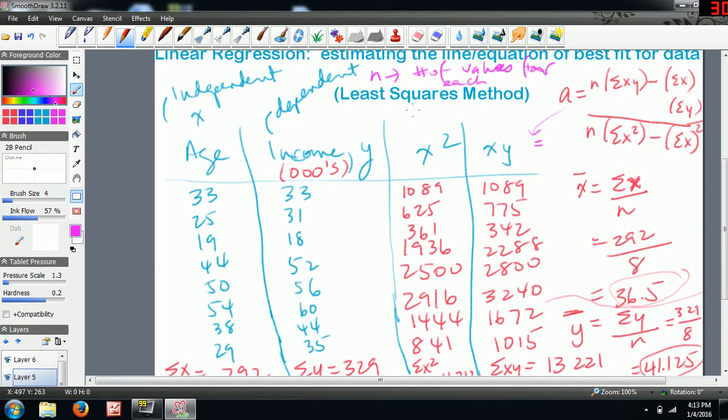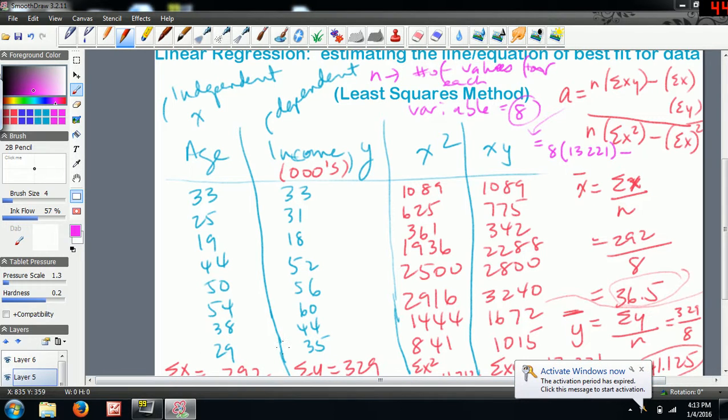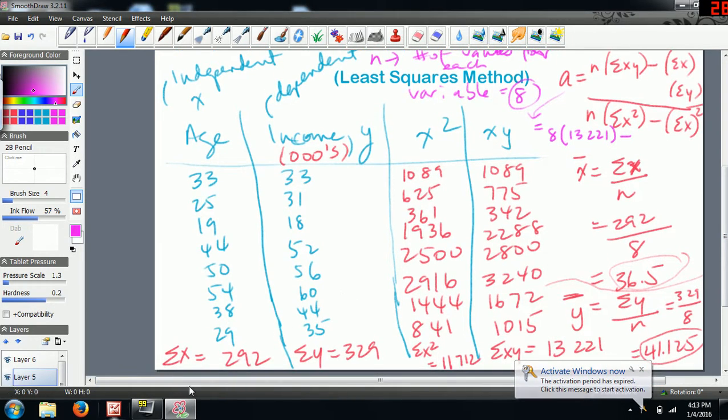For each variable, so not combined. So that would be equal to 8 in this example because each variable has 8 values. Okay, so that's important. So here you just plug everything in. You've got 8 times the sum of x times y, which we have right here, 1321, minus the sum of x, which I have over here. The sum of x is equal to 292, so I put that in, 292 times the sum of y, which is 329, divided by, on the bottom we've got n again, which is 8 again, times the sum of x